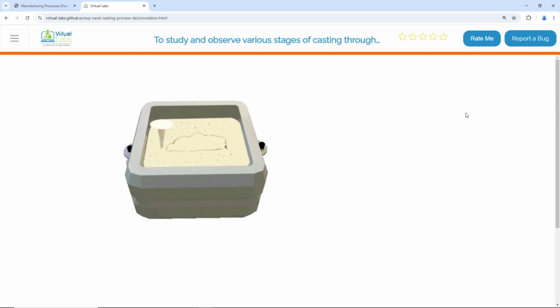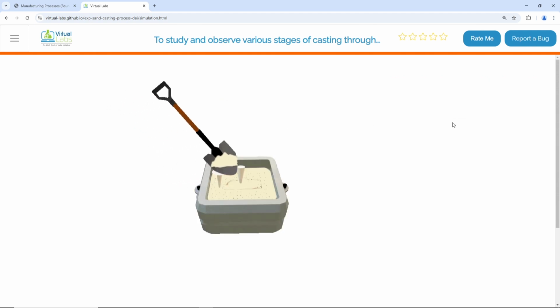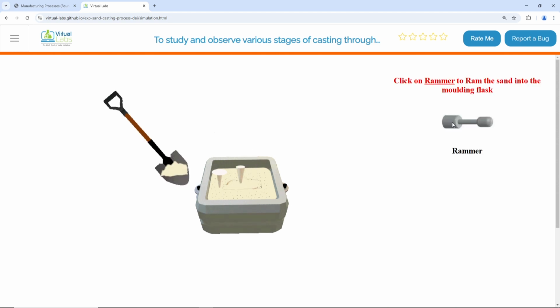Now gate is to be put into position. This gate is very generic conical gate. We can design our gate specifically for our own design, the kind of the pattern we have that we have seen in the previous lecture. How do we design the size or the dimensions of the gate? Then using the shawl, I'll completely fill it.